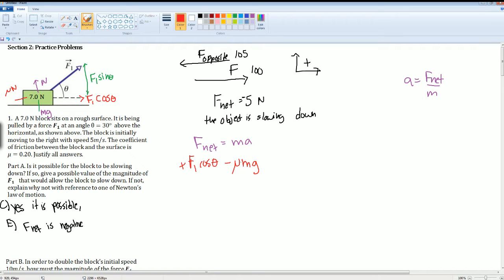But the normal force here has a component with F1 sine theta. So here you just want to subtract the F1 sine theta, because it's going the same direction, minus down. So there is a frictional force here. Okay, what you would do, because you don't even need a numerical answer, is that you want to select